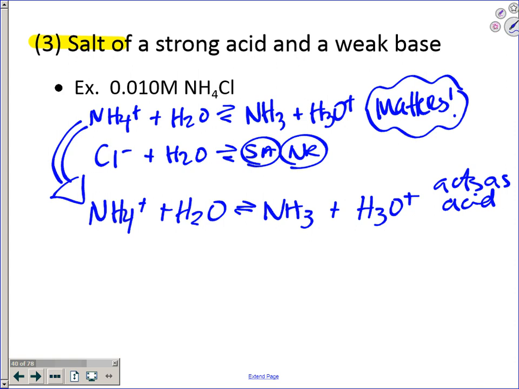To make this a little easier, if you're wondering, what are you wondering? What value do you need from me? Okay, you need the Ka? You could find the K, because truly, this is acting as an acid, right? It acts as an acid, so get Ka from,